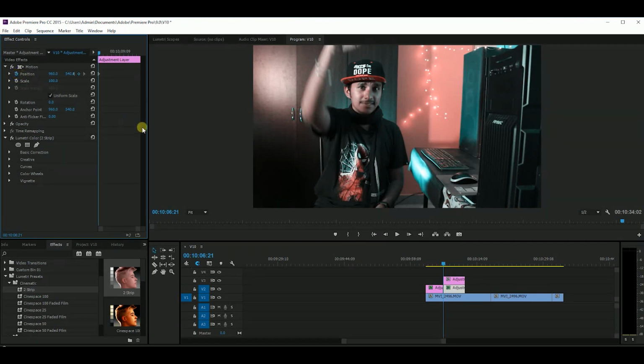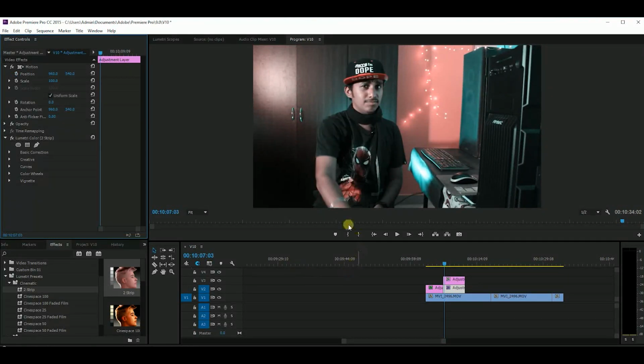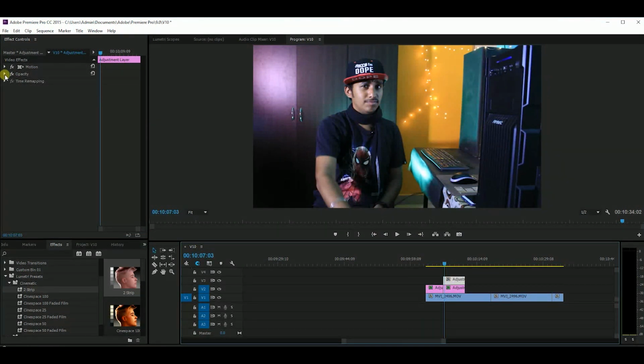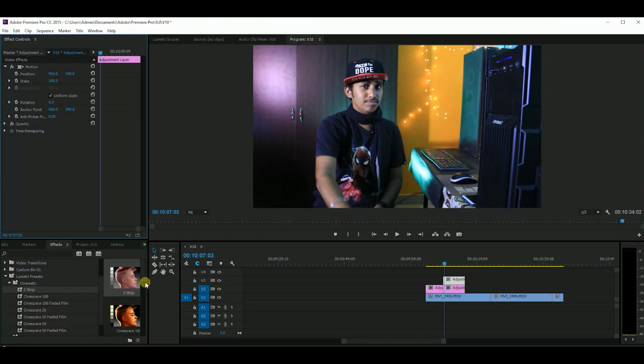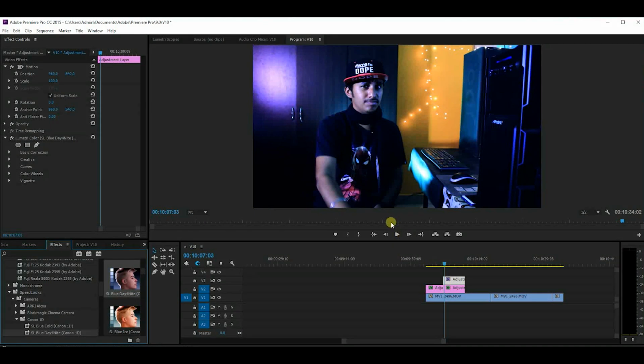After pausing at the frame where my hand is totally up, I have selected a keyframe, and again while moving it, when my hand comes to an end, I am selecting the next keyframe and changing the position such that the filter moves away from the frame when my hand is totally down. We are going to do the same to the other adjustment layer, and add the new filter and make it look like the filter moves from outside the frame and enters into the frame.